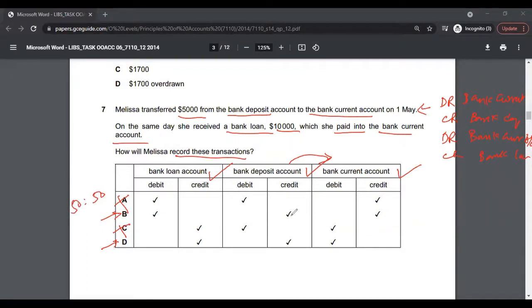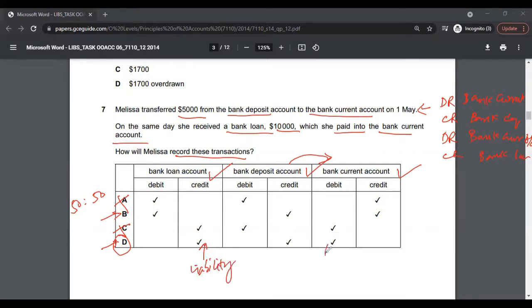We know the bank deposit account is going to be credited, so let's look at what will happen with the bank current account. Or likewise, we can look at the bank loan account. If you're receiving a bank loan, it is going to be credited, and that money goes to the bank current account, which will be debited. So the answer to this multiple choice would be option D, bank loan credit, because this is a liability,